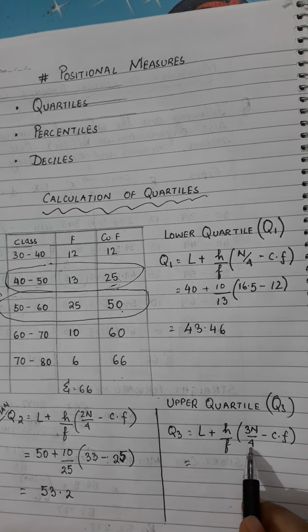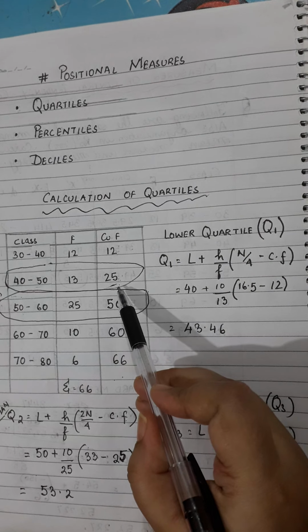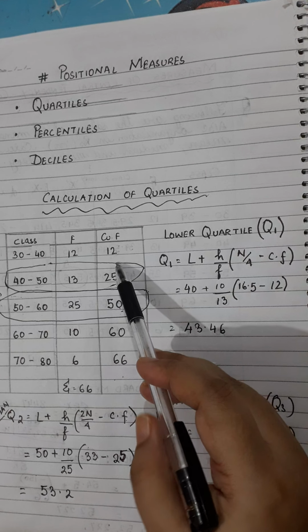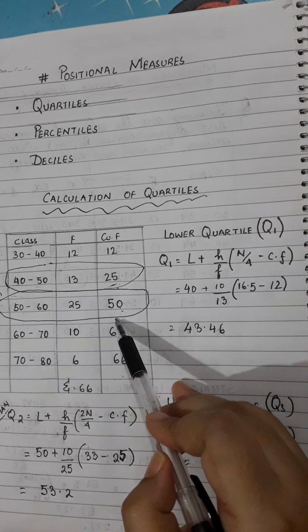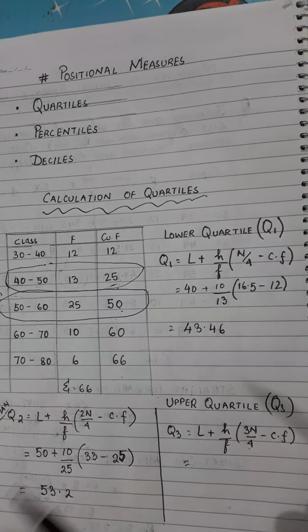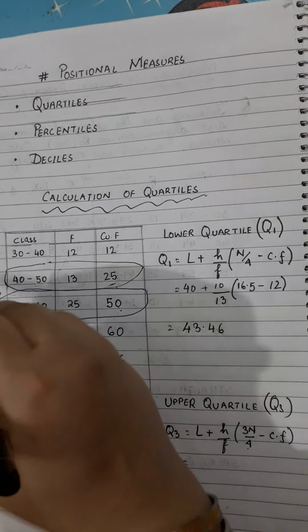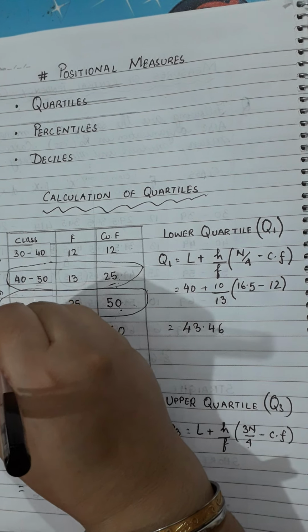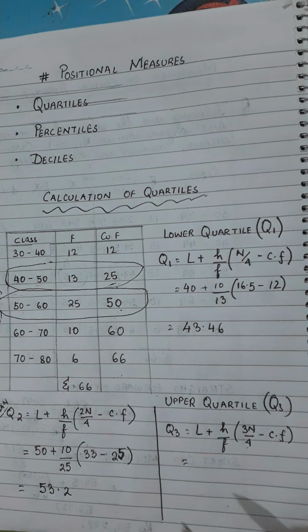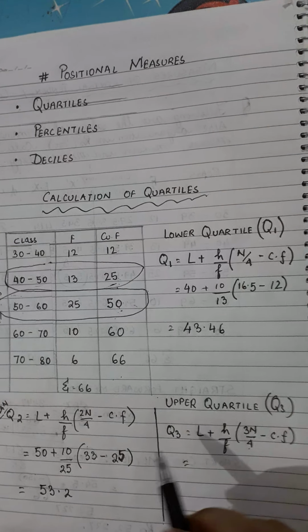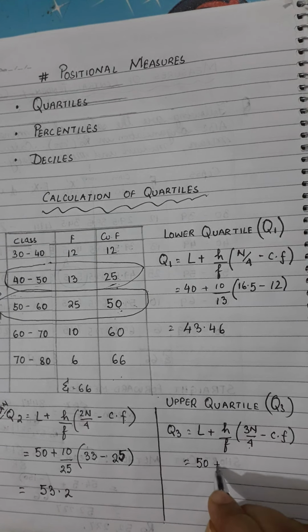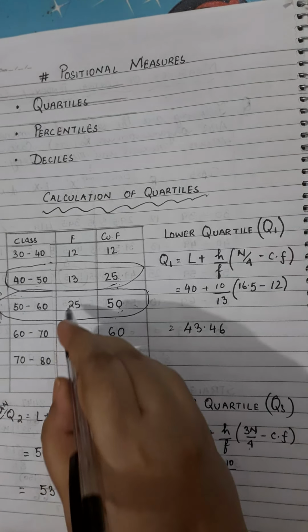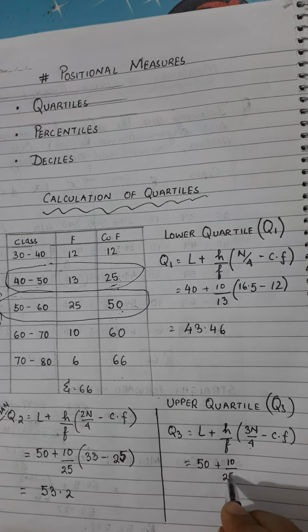that is the 49.5th item. So once again, if we look in the cumulative frequency, it is 1 to 12 here, 13 to 25 is here, 26 to 50th item will be here. So the 49.5th item will also be here. So your Q3 class definitely will also be this class itself. So the lower class limit and boundary corresponds here, so we have the value to be 50 here. H, the class width, is 10. The frequency for that corresponding class is 25.